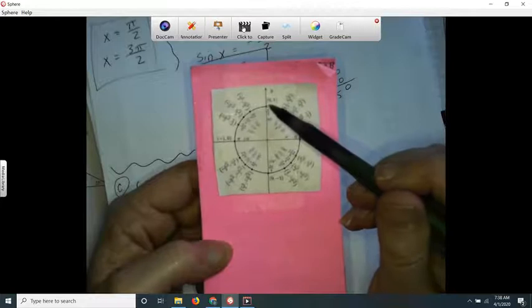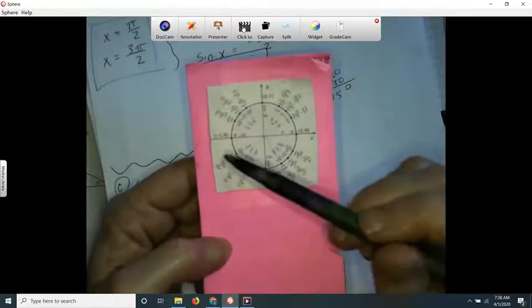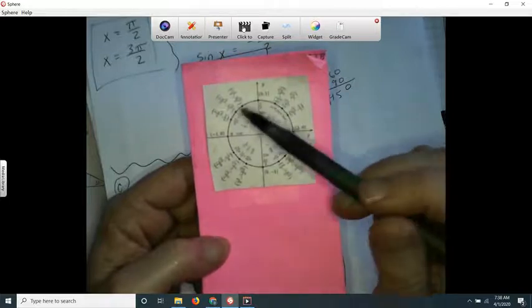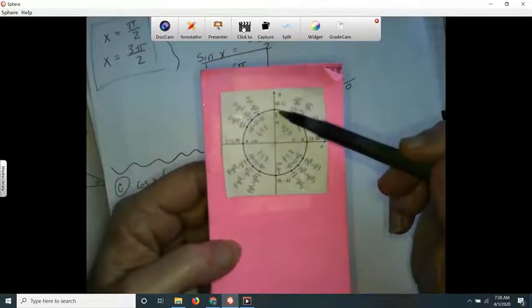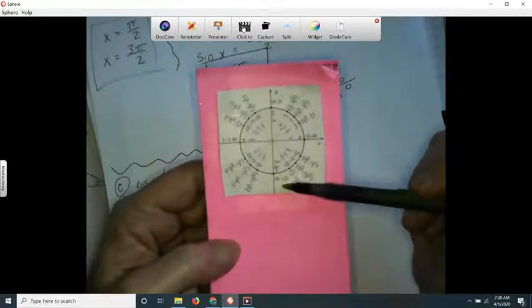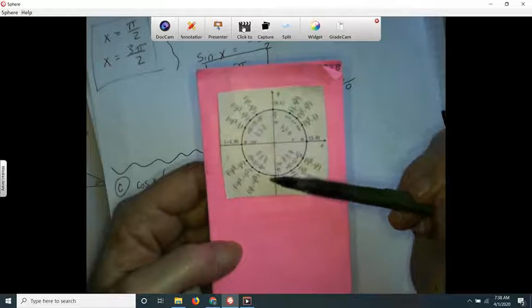So what I'm saying is that I can keep going around the circle more than once. If I went around the circle once, it'd be 360, but if I went around twice, it'd be 720, right? So I'm trying to account for the fact that I can keep going around and around the unit circle. It just so happens that the 90 degrees or pi over 2 and the 270 degrees, which is 3 pi over 2, happen to be